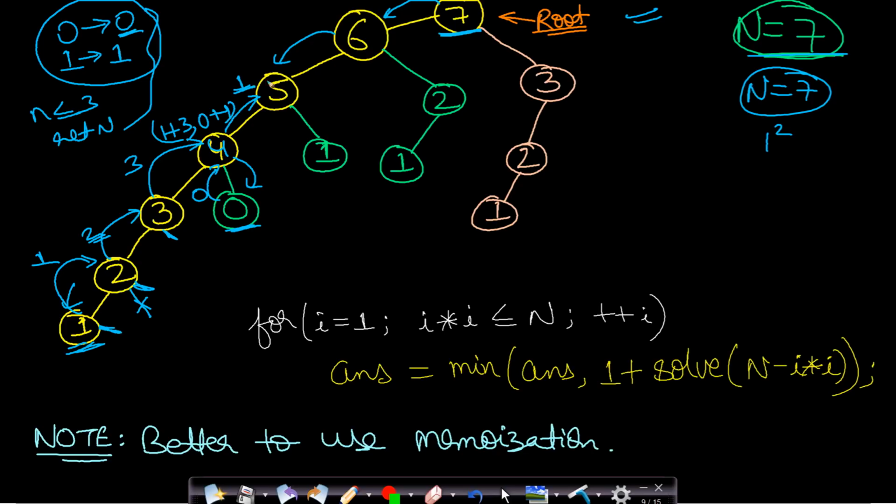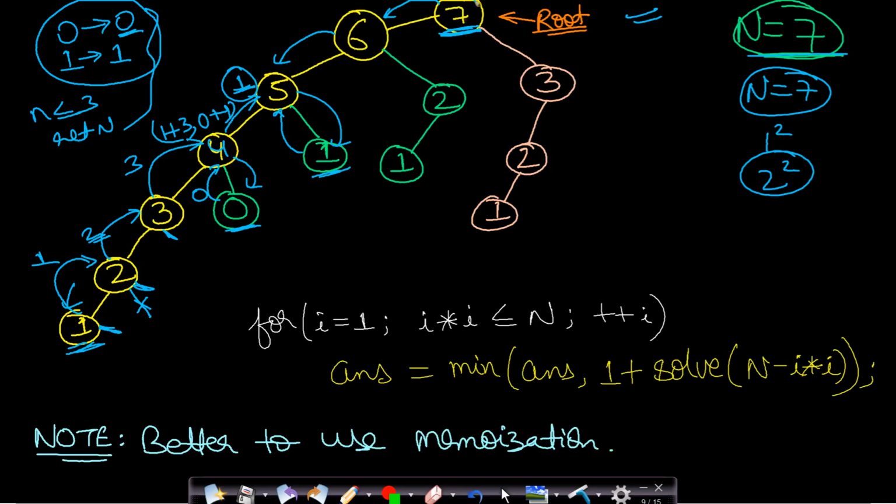For this 5, it got from the left call value 1, and it will make the right call and do the next split. The next split will be at 2 square difference, so it will be at 1. 1 is a base case, so it will return the value. Similarly, this entire tree will be traversed and you will get your optimal answer at the root. You will take the minimum of all the calls.